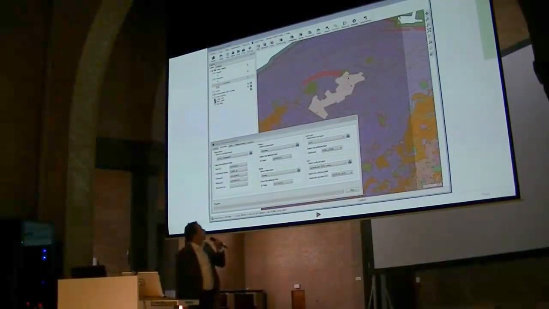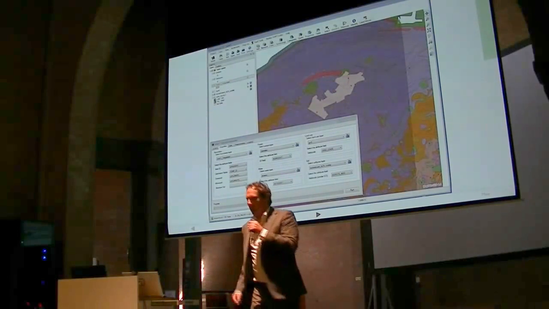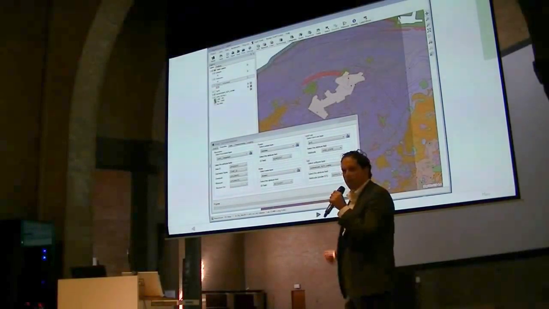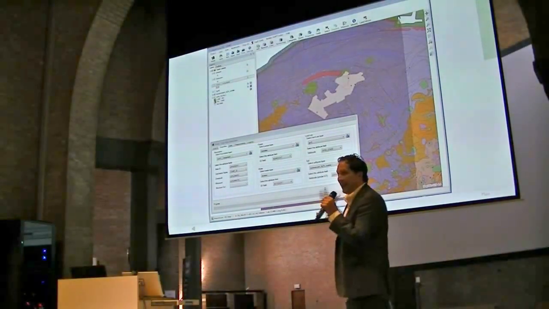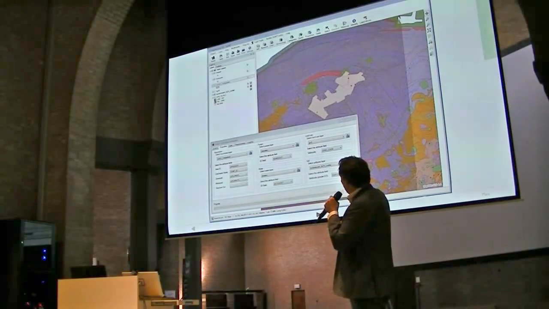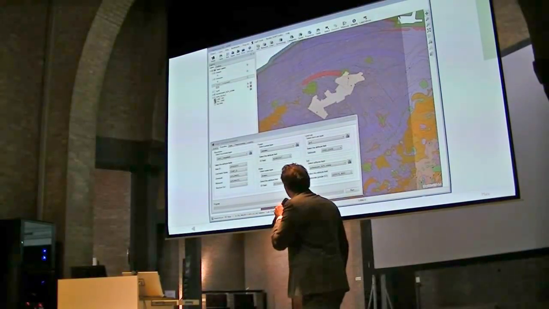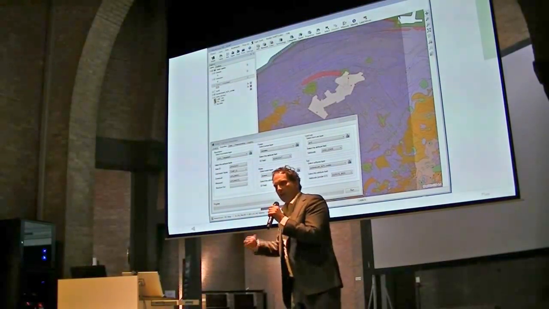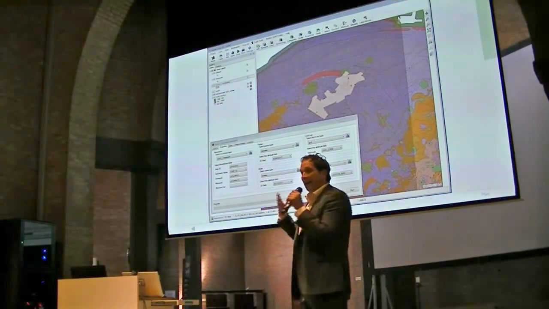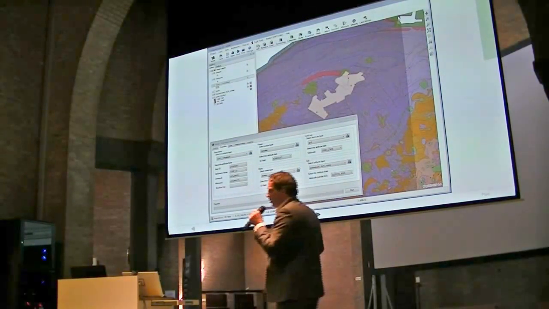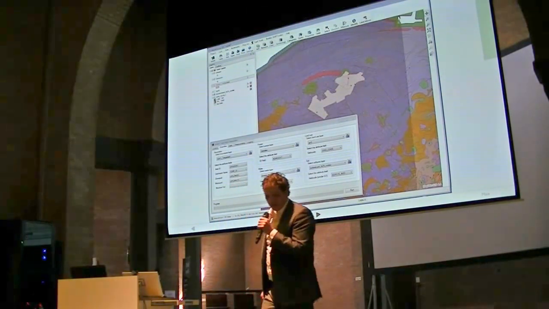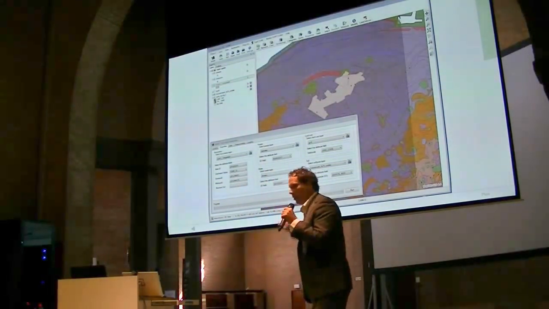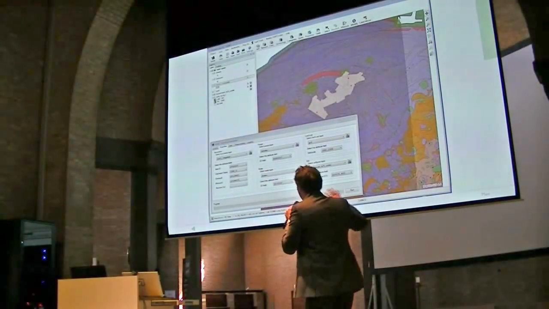This is what the plugin looks like, and it uses various layers of information. It uses the soil map, the land use map, the map with all the canals and the ditches, and a shapefile with structures, with pump stations, with weirs. It uses the elevation data. That's the great thing about living in the Netherlands, you've got an amazing amount of data here. And we put all that as layers in the MapWindow environment. And then we created this plugin